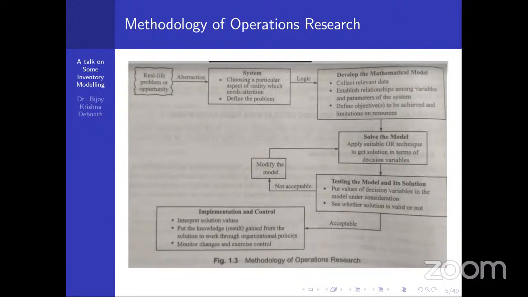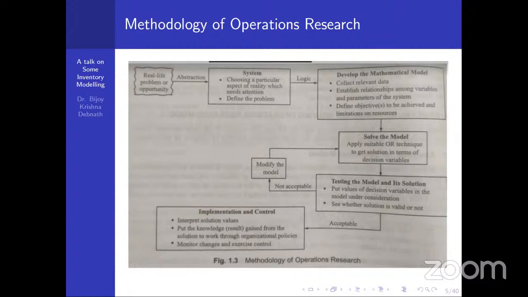Like if some data are available, collect those data. If there are some relationships available among the variables and parameters of the system, then you have to define the objective function, right? Then this objective function needs to be solved with some suitable operations research techniques to get the solution in terms of decision variables. Then you have to again re-verify by testing the model,